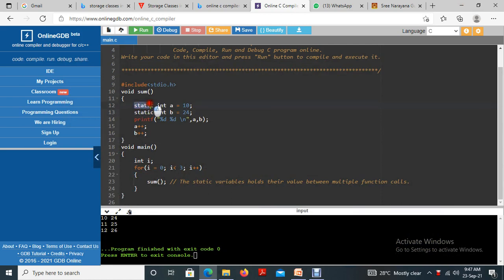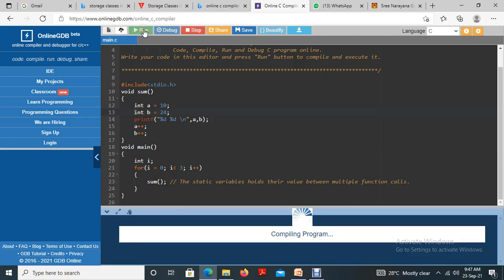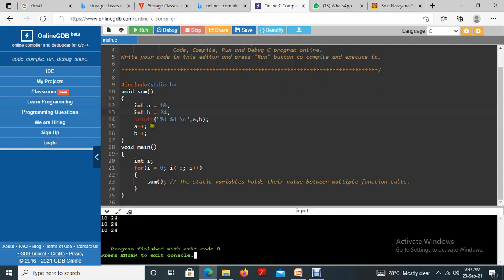So this is a normal program. Consider these variables are normal automatic variables that we discussed in the last class. In this program we have a for loop, and in this for loop we call this user defined function sum 3 times. i equal to 0, 0 less than 3, so that is a condition. The first time it calls the function, and let me check the result. So 10 20, it will print the value as it is, 10 20.